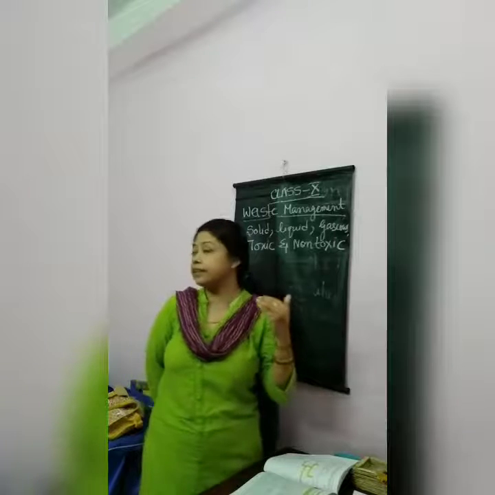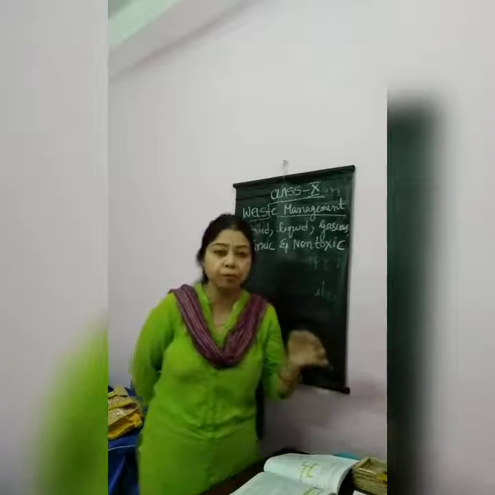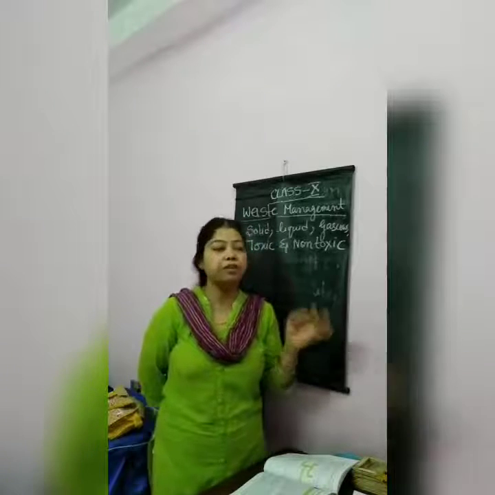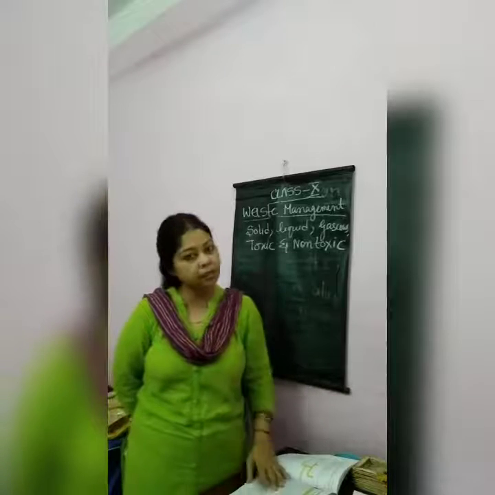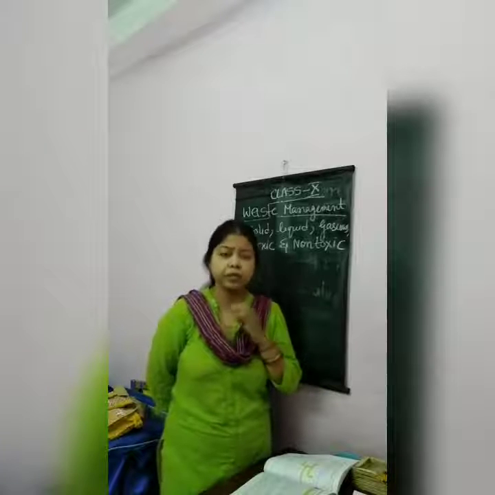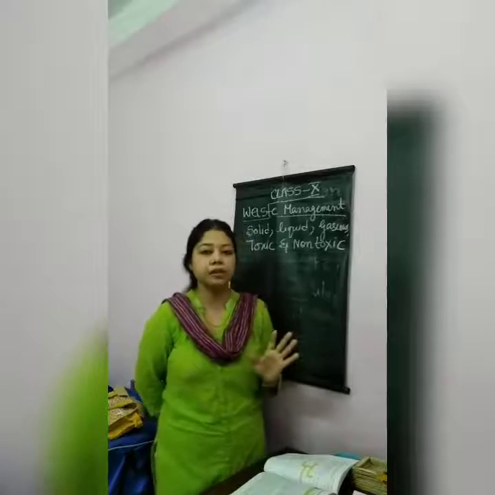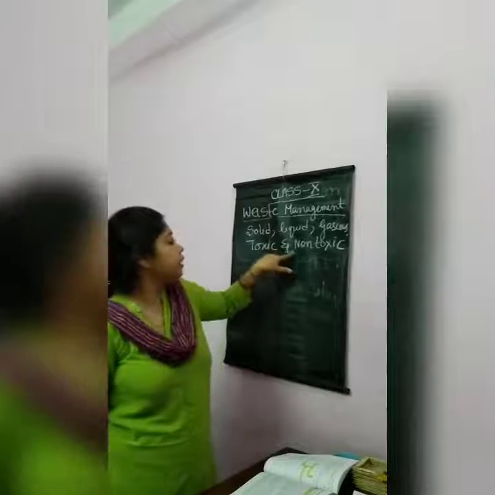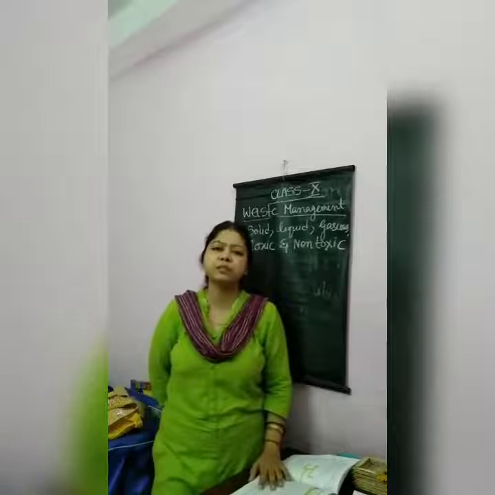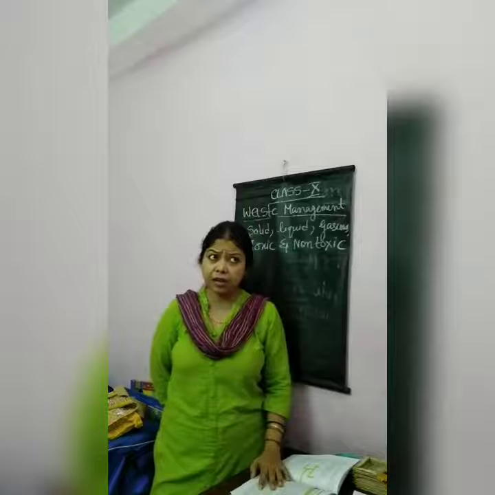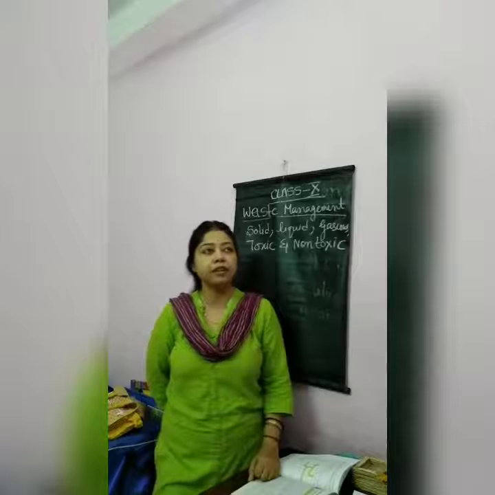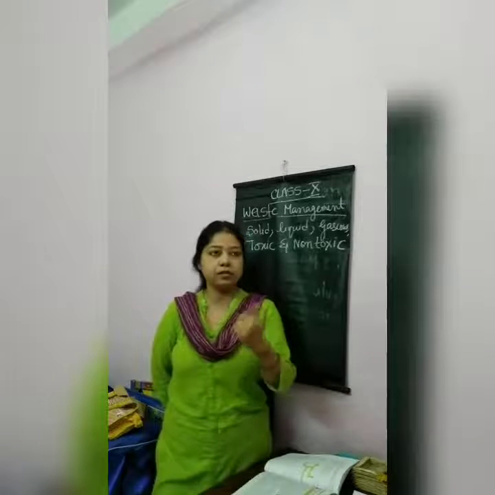Already in the class I had discussed that when you write point-wise, you will use 2 colored ink, black and blue. Black for writing the points and blue for explaining the points. If you write in this way, you can get good marks because this is a very scoring part. From here you can get the differences between toxic and non-toxic waste. Toxic waste causes pollution, non-toxic does not. Toxic waste is not eco-friendly, non-toxic is eco-friendly. They cause harm, they do not cause harm.